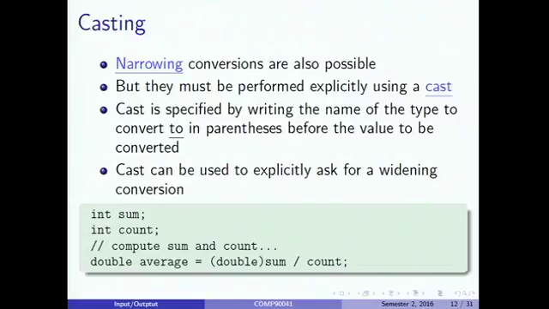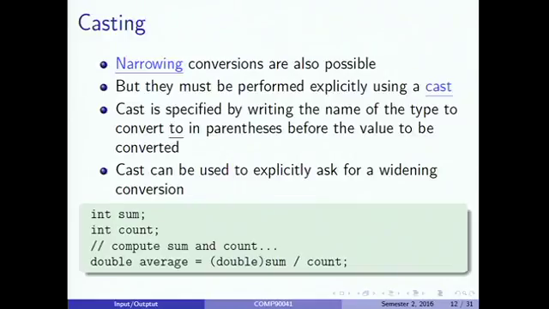You could have an enormously huge double on the range of 10 to the 300, and you try and put that in a byte, no, it's not happening. So Java's not going to do it automatically, but you can do it manually. And you can also do it manually going the other way when Java doesn't know it needs to do the conversion. So if I have an int sum and an int count,